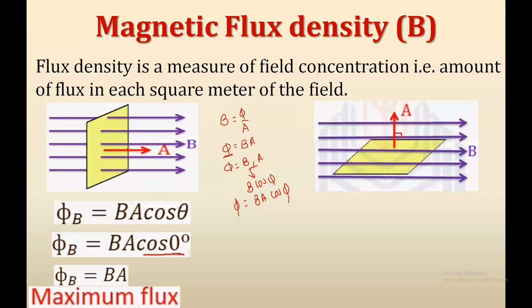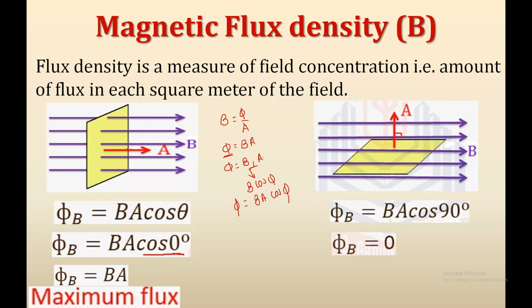But if the plane of a coil is parallel to the magnetic lines of force, that time the normal of the plane is perpendicular to the magnetic lines of force. It means that the angle between the normal of the plane and the magnetic lines of force is 90 degrees. And we know that cos 90 is nothing but 0, that time we say that easily, if the plane of the coil is parallel to the magnetic lines of force, that time no flux will pass through that plane of the coil, because it is parallel.